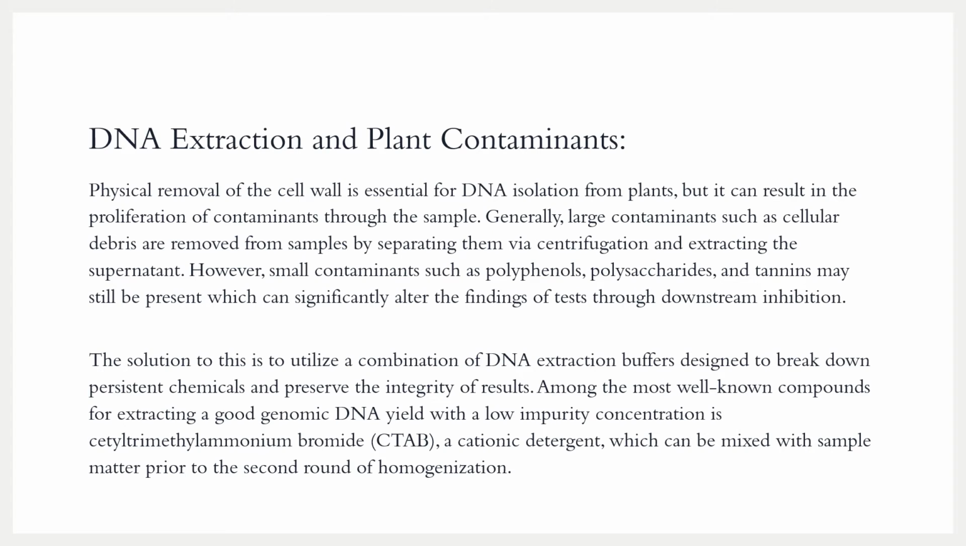Generally, large contaminants such as cellular debris are removed from the samples by separating them via centrifugation and extracting the supernatant. However, small contaminants such as polyphenols, polysaccharides, and tannins may still be present, which can significantly alter the findings of tests through downstream inhibition. The solution utilizes a combination of DNA extraction buffers designed to break down the persistent chemicals and preserve the integrity of results. Among the most well-known compounds for extracting genomic DNA with a low impurity concentration is